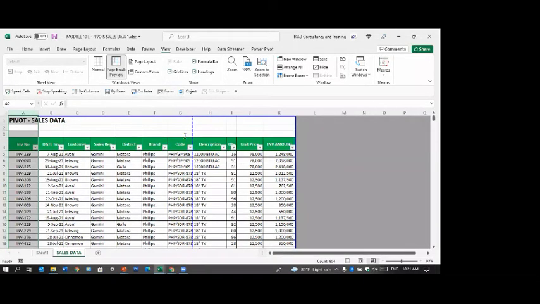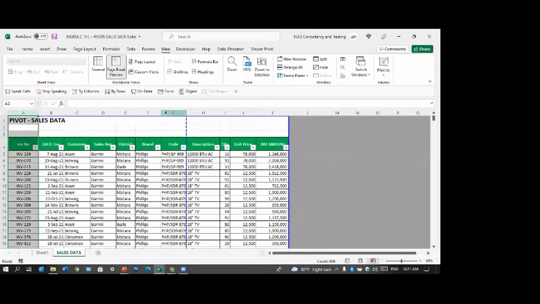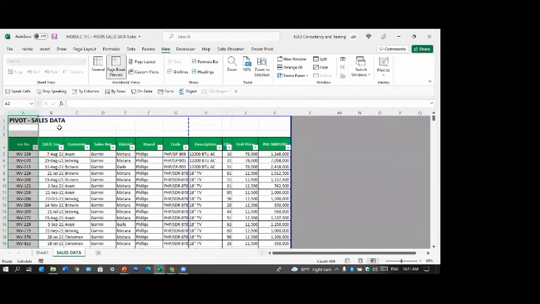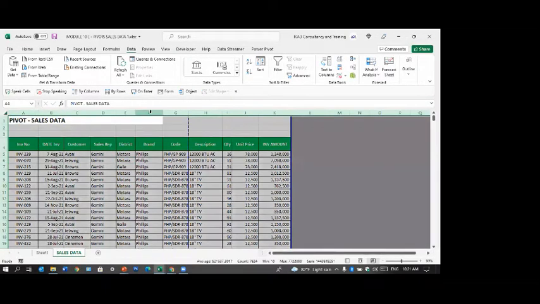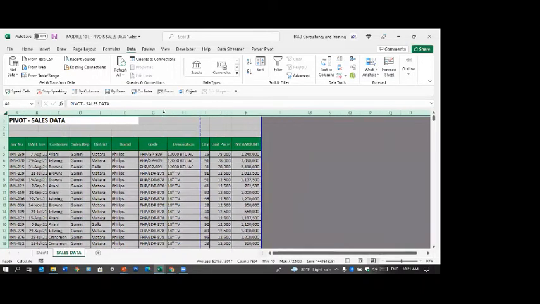No, still it's not jumping. So we can do these things. Maybe we can remove, there are so many things we can do. Remove the filters and select the whole thing and double click on the edge of this. There you are. Now only this part is jumping out. So what you can do is move this dotted line onto this. Already it will become a bit smaller.